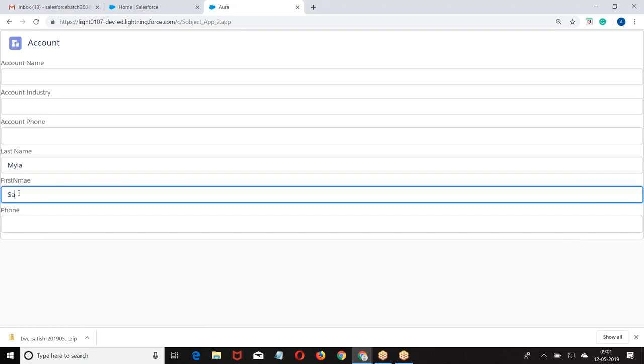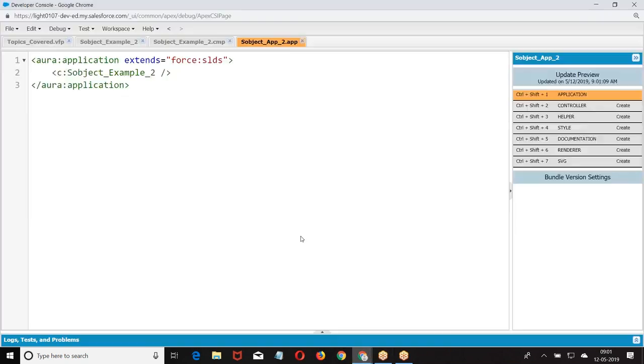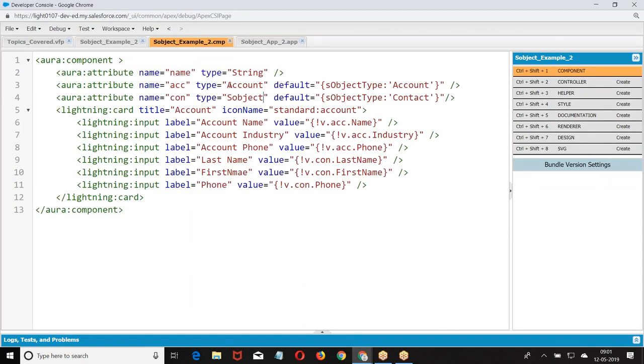So we have taken SObject here. Account, or when you are not sure, we take SObject. Account here I am taking as SObject, right? SObject is used when I am not sure what type of object this is. So it is like SObject con equal to new contact. Was that clear for everyone?